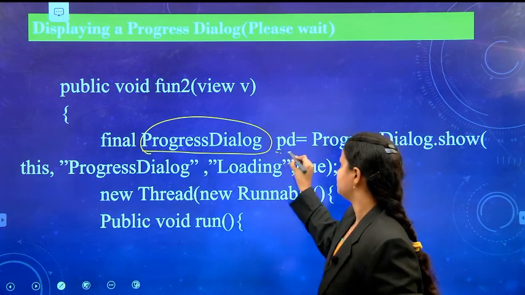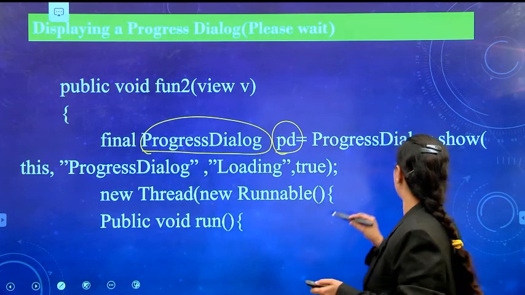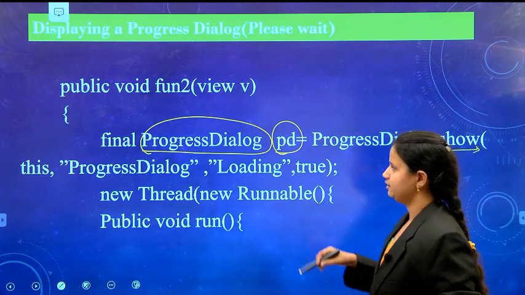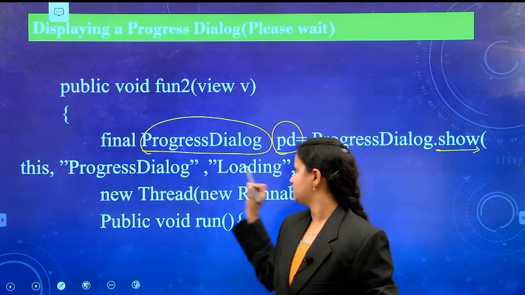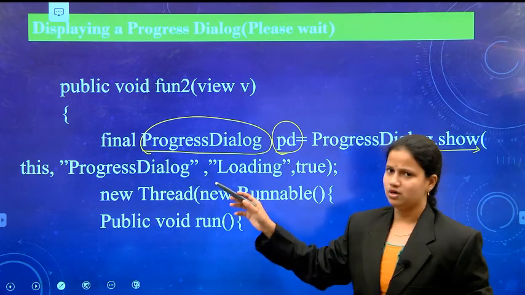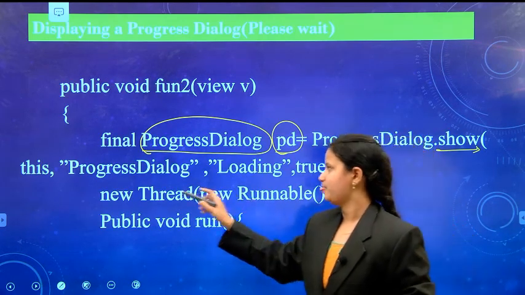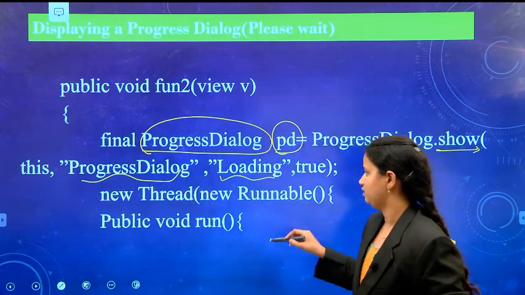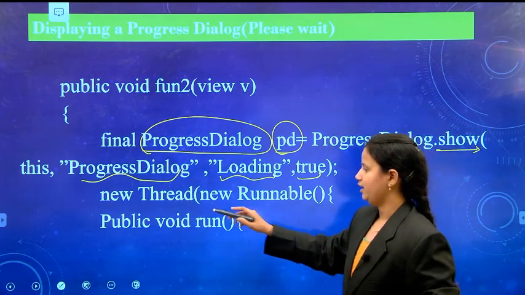The progress dialog object is pd. With this progress dialog object, to display the progress dialog, we have to call the show method. This show method will contain parameters: this, progress dialog, loading, and true. What does this mean? The progress dialog will be displayed in this activity, this is the title, this is the message we want to display, and true means we have to display the spinner, and a new thread is to